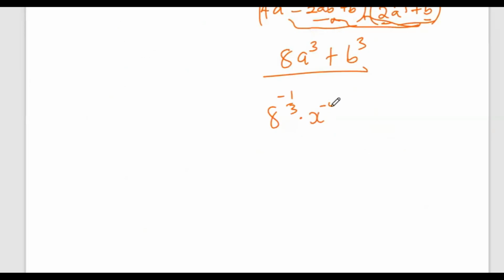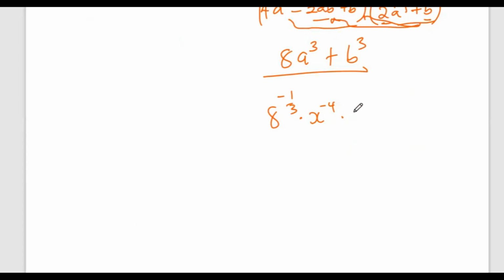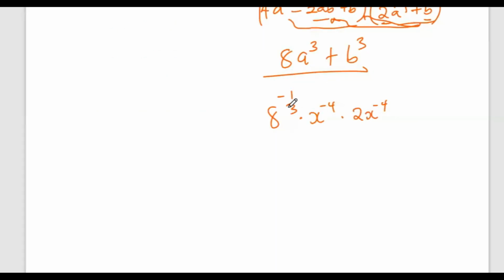Why don't I put it aside? You say x to the negative 1 over 3, multiplying it by x, I'll simplify this to just make negative 4. Okay, x to the negative 4, and then followed by 2x to the negative 4. Is that correct? Yes. We are subtracting x to the negative 8. Okay, so we say this can be the same as 1 over 8 to the third. And remember, 1 over 3 is more like the cube root. 1 over 2 is like the square root. Let me just simplify this. This is 2x to the negative 8 minus x to the negative 8.